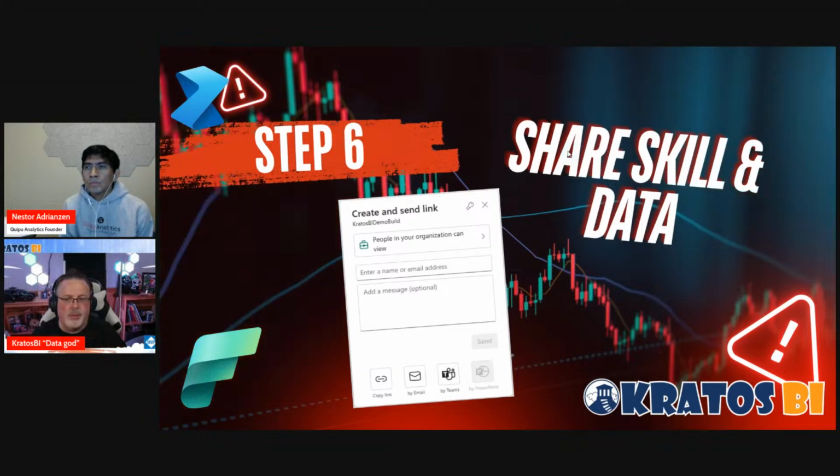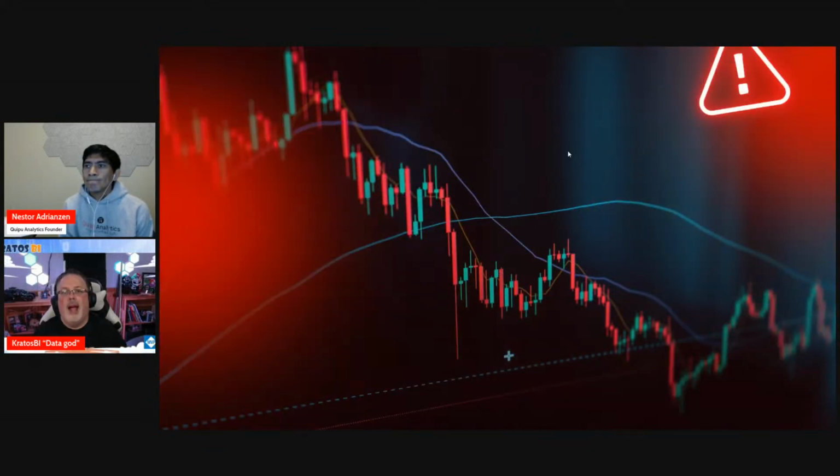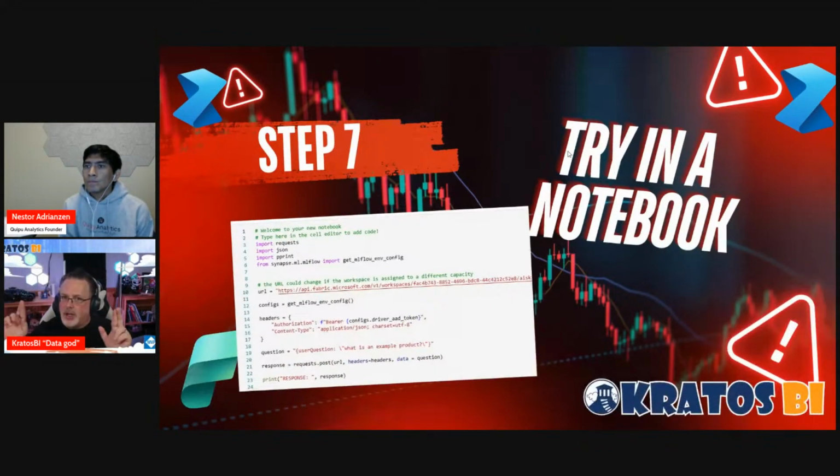It's unbelievable. All right, and then the last thing, fingers crossed, we'll be able to get through. I'm pretty hopeful we're on a good track here. We're going to show you how you can even make that AI skill accessible and available via a notebook or really via APIs.